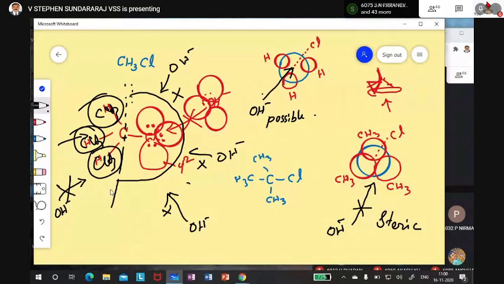So on one single carbon atom, carbon plus three hydrogens is slightly bigger than carbon, and there are three of them: CH3, CH3, CH3. That means attack by OH from the opposite side, 180 degrees, is also not possible because the carbon is not accessible. It cannot penetrate through this gap, and those groups also have electron clouds. It cannot go. Understood or not? So remember that. Now I am coming to the next page.